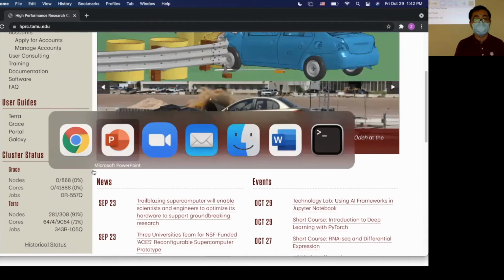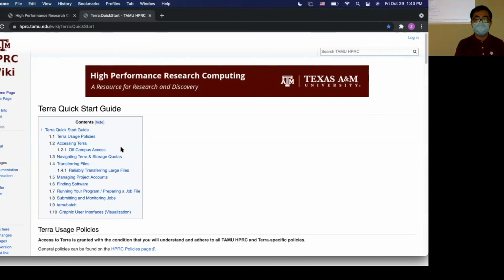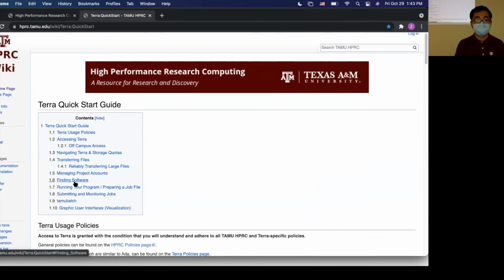So get back to here. If you want to use the Terra cluster, you have a quick start guide. This quick start guide is very useful. It tells you how to access the Terra cluster. If you are off campus, please do log onto VPN so you can use our clusters. It also covers navigating Terra, like your home directory, Scratch directory, and your storage quotas, and how to transfer files, and how to use the module command to find software.